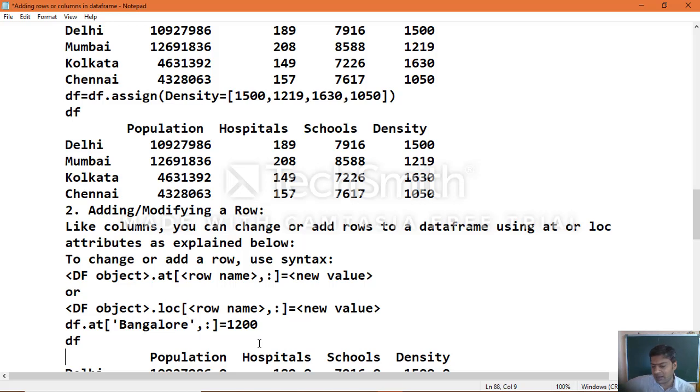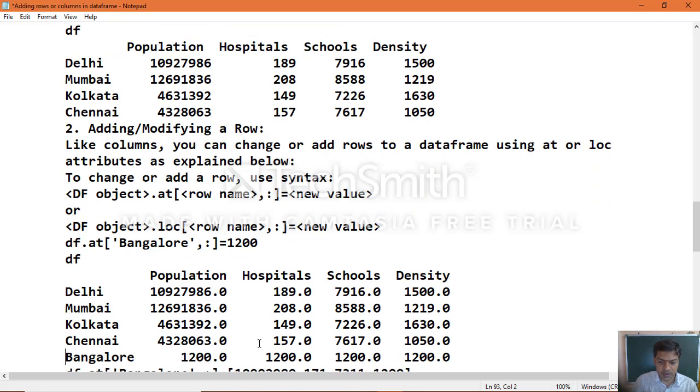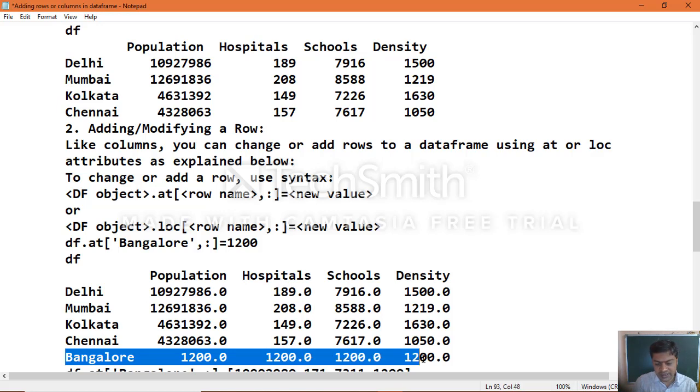If you want different values, you can specify values based on the number of columns in your data frame object. You can see the Bangalore row here. Just like when we added a column, a single value was added to all the rows, in the same manner when you add a new row to the existing data frame, the same value will be added for all the columns.